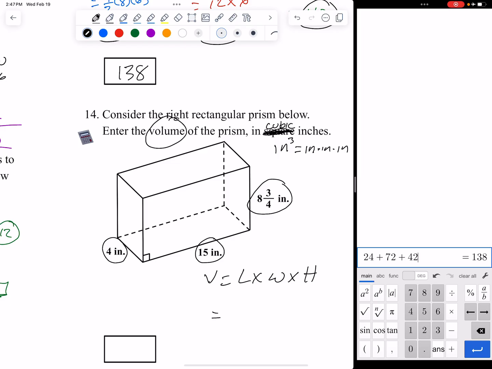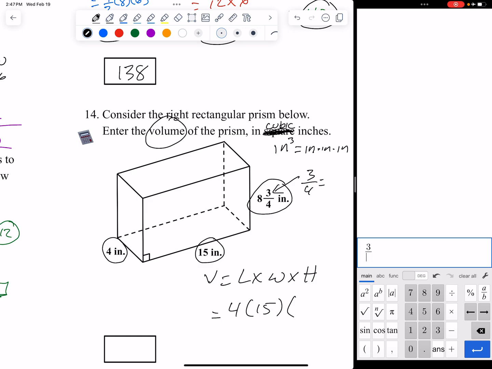So let's go ahead and write this out. I got a 4 times 15 times 8 3/4. Really? So what can we do? What did I teach you guys earlier? That 3/4, I can just put it in my calculator. So 3 divided by 4, and it's just 0.75. So instead of saying 8 3/4, I'm going to say 8.75. So that makes my life a lot easier on the calculator. 4 times 15 times 8.75. And my total answer is